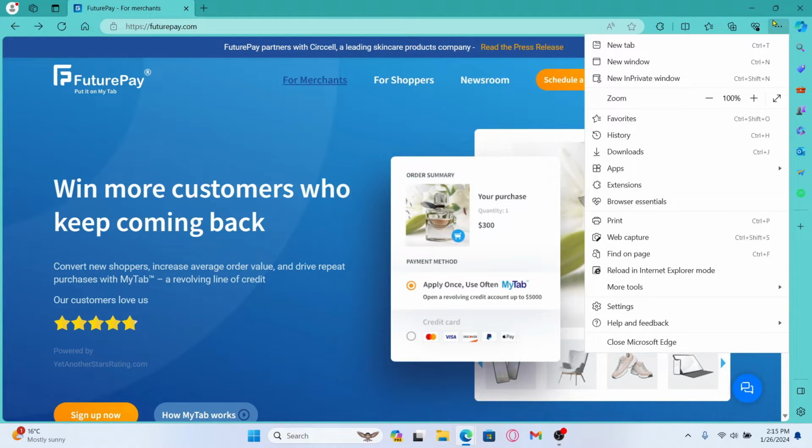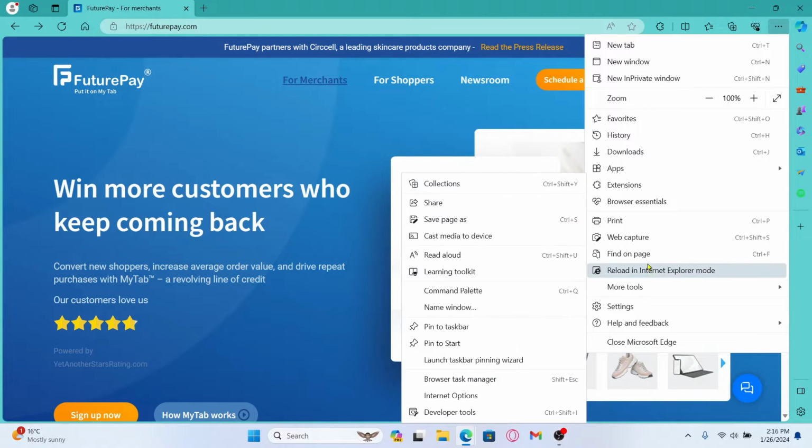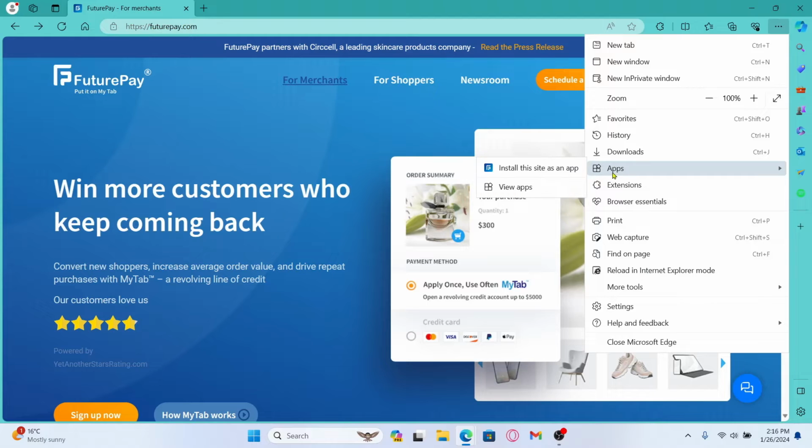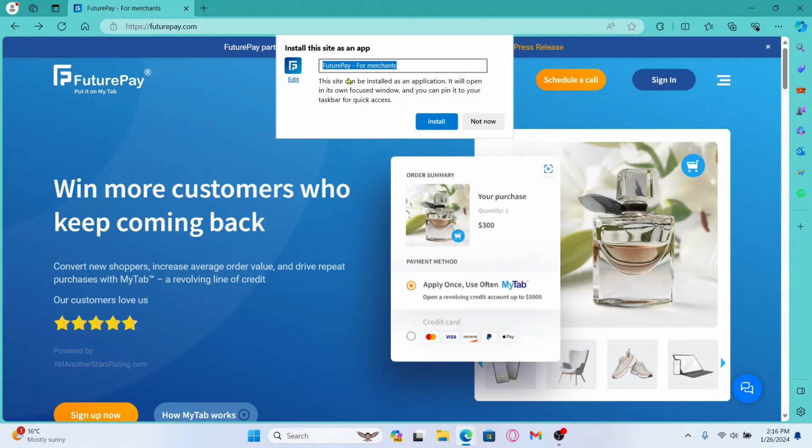corner, and if you're using Chrome, then hover over to save and share and then click on the create shortcut button. If you're using your Edge browser, simply hover over to the apps option and then click on install this site as an app. You will then be able to name your FuturePay application whatever you wish and also edit